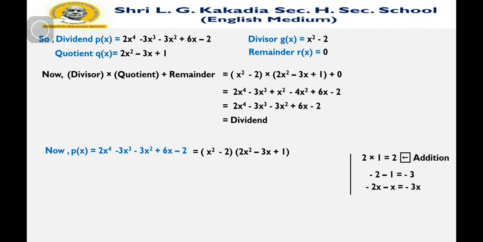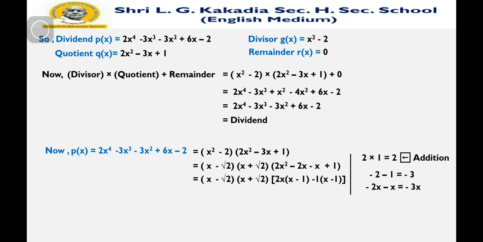So now we split the middle term and we get, here you know that the factors of x square minus 2 are x minus root 2 and x plus root 2. And now we split the middle term of the quadratic polynomial, 2x minus x. So as we have done in the previous lecture, we find the factors of the given polynomial, and at last we get the factors of the quadratic polynomial, and this polynomial p of x is equal to x minus root 2 into x plus root 2 into x minus 1 and 2x minus 1.